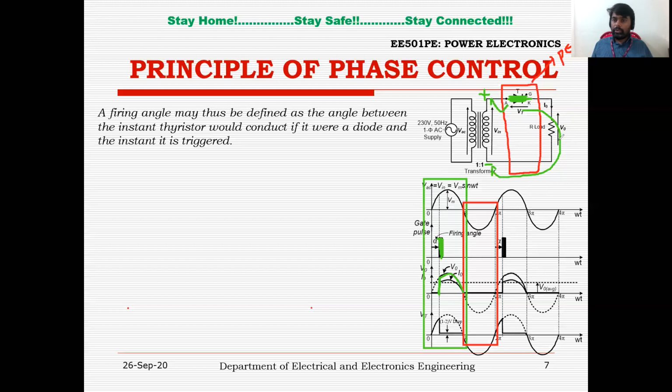And if you see the load here, the load is a resistive load, and in the case of a resistive load, the current and the voltage should be in phase. So you can see the output current waveform is in phase with the output voltage waveform, right? At omega T equal to pi, both the current and the voltage become zero, and the current becoming zero means the net current flowing through this thyristor is becoming zero. The same current is flowing to the load as well, so the thyristor goes to the off condition at this particular point.